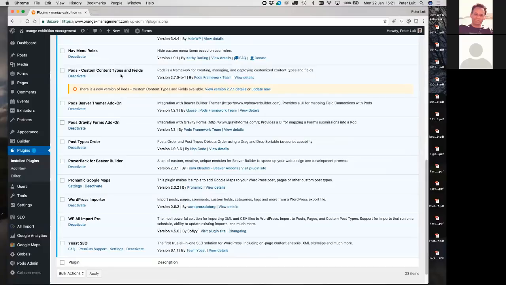Well, Pods, as I said, I didn't upgrade yet. This is the 2.7 beta one, and there's already a 2.7.1. I have to update it, but I think everybody will understand that this is the scary one, because Pods is, of course, everything around my custom post type and my custom fields. Yes. So before I update something like this,